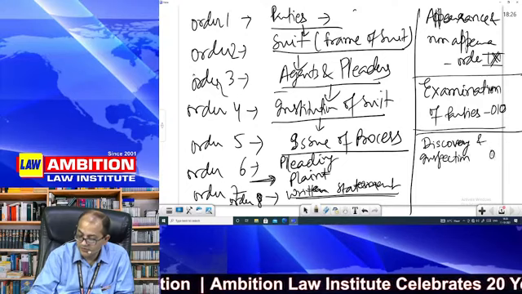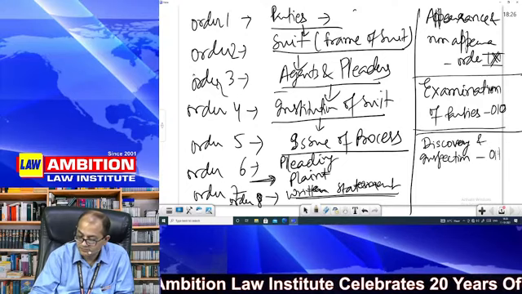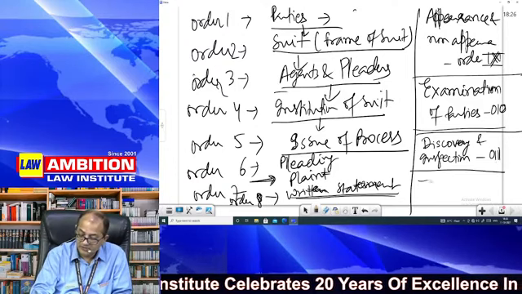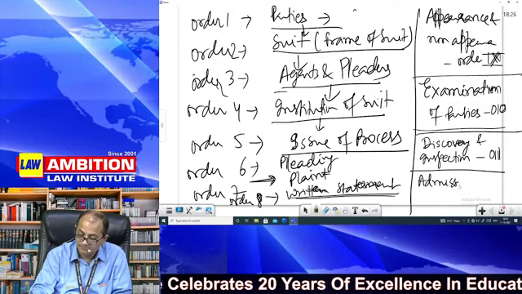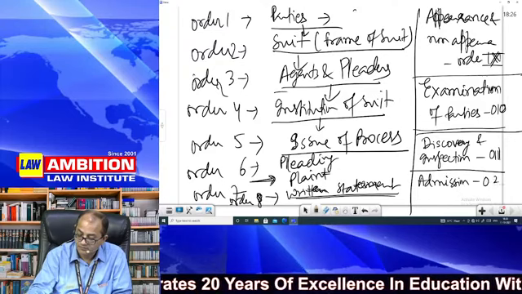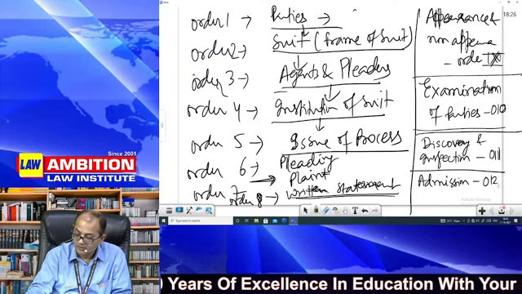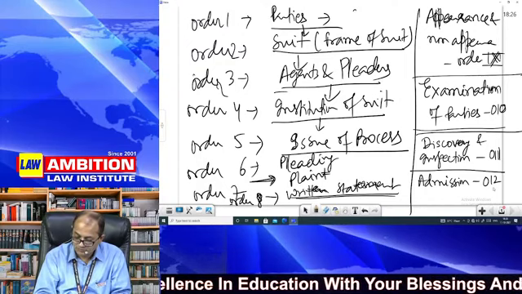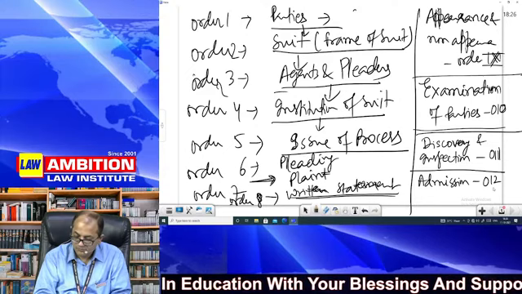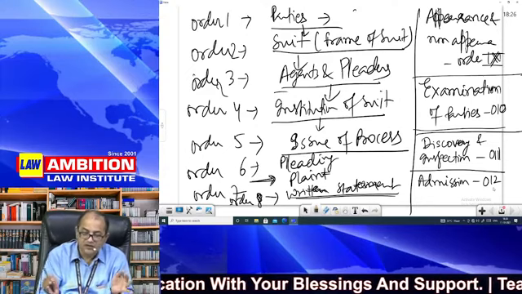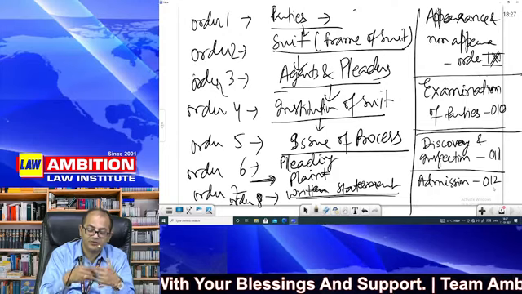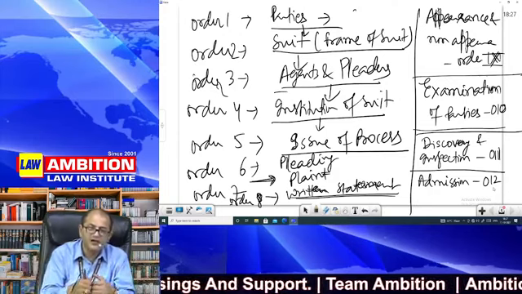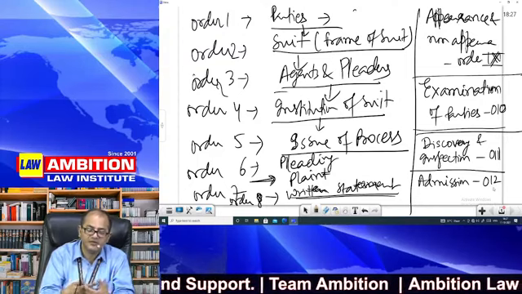Discovery and inspection, order 1. Then the party may admit some claim, so admission, order 12. So these are all now collection of things before we proceed further. We collect all things before and then we frame the suit, then we frame the issue and then we hear